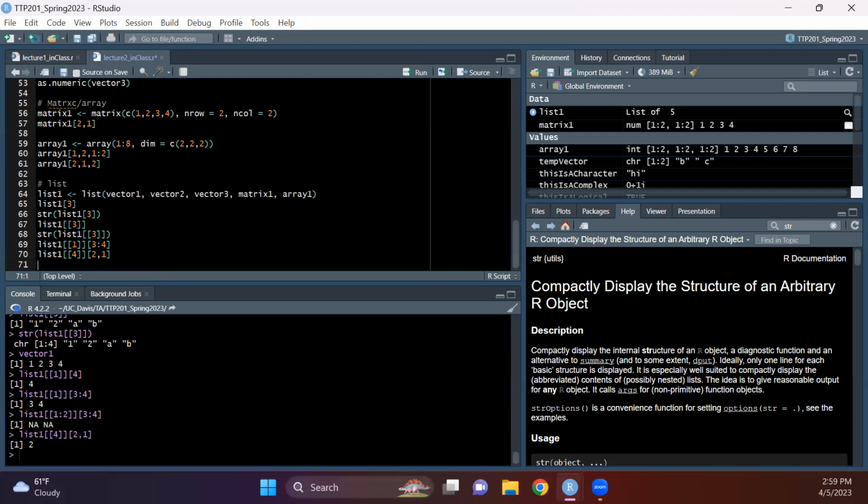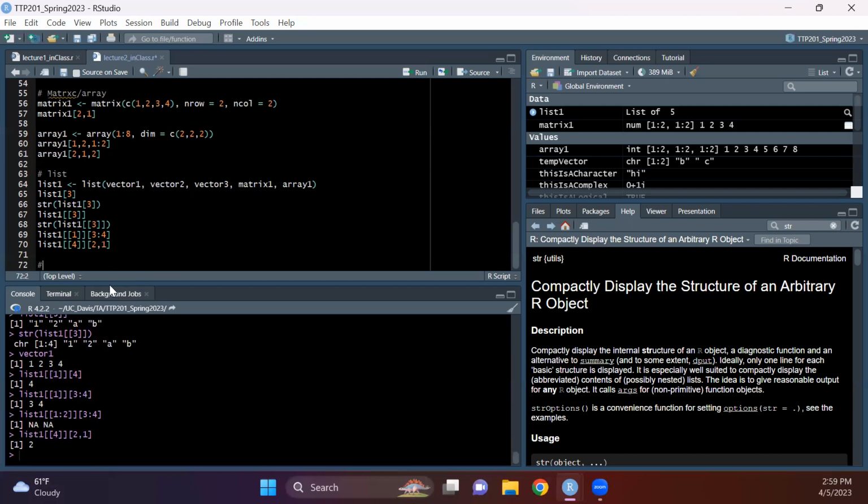Just keep this in mind. We'll post the code. You can always go back through and play with these, and it's a little tricky, so you might have to look at it, play with it a little bit to get the hang of it. Okay, let's move on to factors,